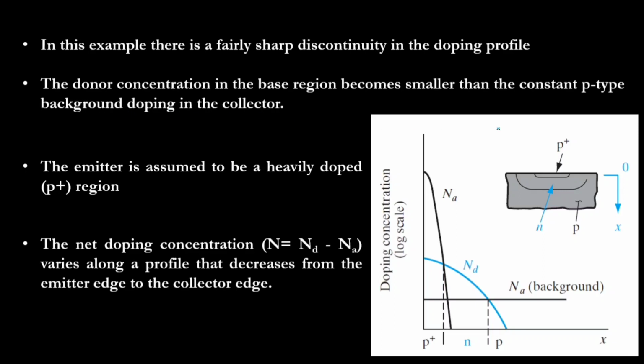The same diagram which I have shown before, all together you can see highly doped p region and n region, and this is the point that we represent as 0. And what is that doping concentration here? Here we have an Na and here we have an Nd. So taking the difference between these two actually gives you the net doping concentration in the base region.